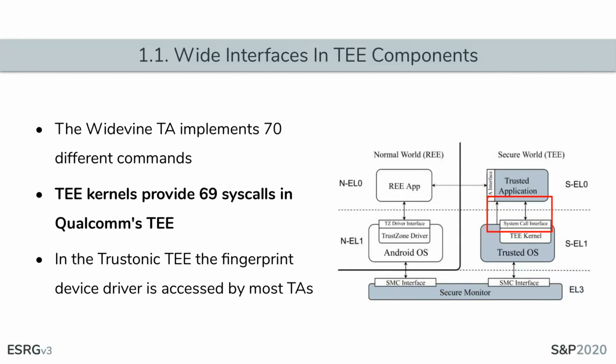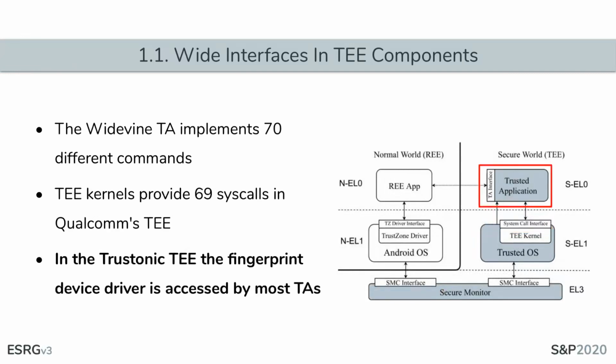For example, the Qualcomm TE provides 69 different system calls to its trusted applications. Some of these system calls effectively give high privileges to the trusted applications. For example, by giving them access to map normal world memory, trusted applications can compromise the normal world OS. Third, secure device drivers may be accessible to more trusted applications than required for the system to perform its functions, which can prove instrumental to building powerful attacks. For example, in the Trustonic TEs, virtually every trusted application has access to the fingerprint device driver, which might compromise